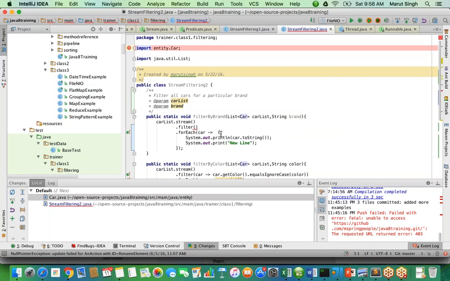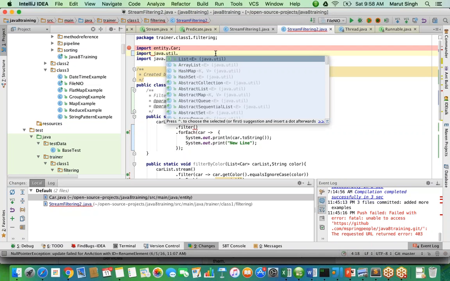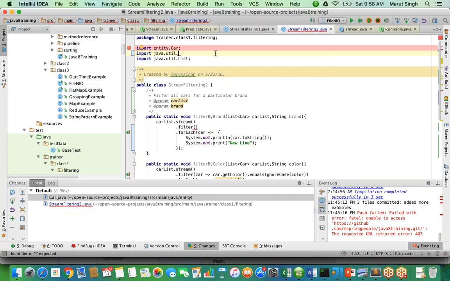I browse to it to see what the Predicate is. There are two things that I know about predicates: Predicate is a type of functional interface, and if it is a functional interface, then it has to have only one abstract function. All I have to do is provide an implementation for that abstract function. What that abstract